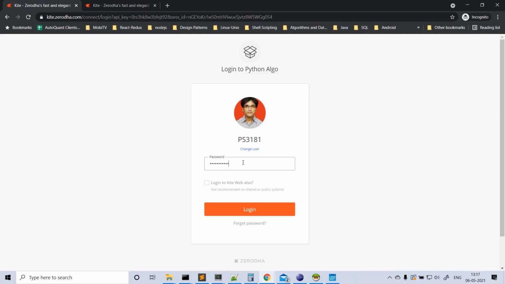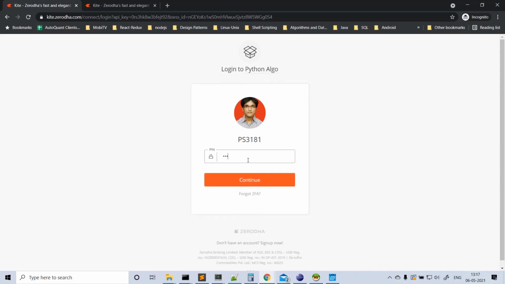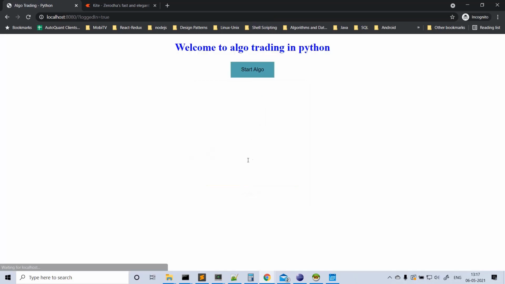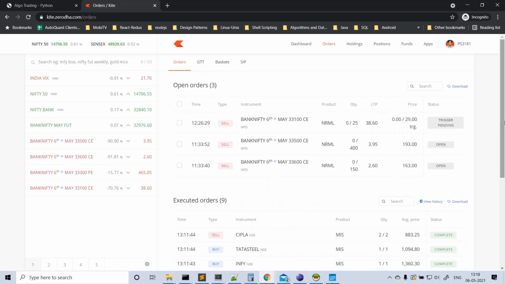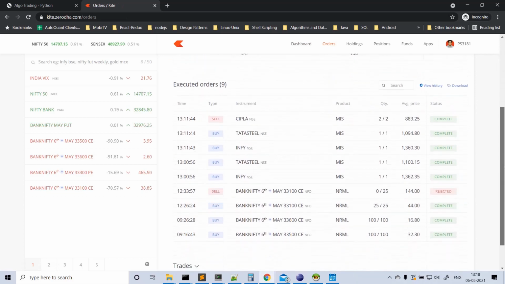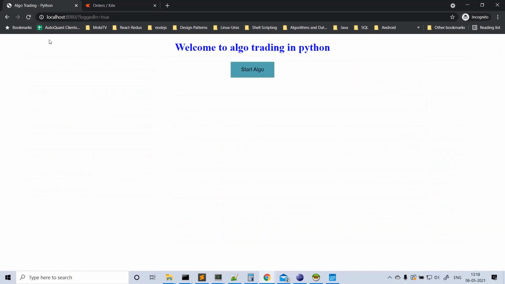Okay, I logged into the broker, and now I am on the start algo page. Login successful. You can also just refresh this so that we'll be ready here.